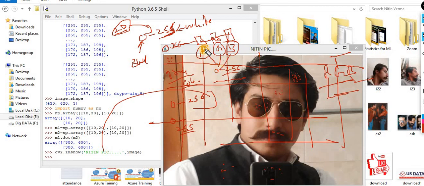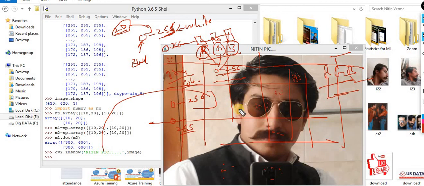Just understand for now: every image is a combination of rows and columns, and every image contains pixels whose value varies from 0 to 255. For color images, RGB is there; for gray images, black and white pictures are there. That is enough for the discussion about pixels and images.